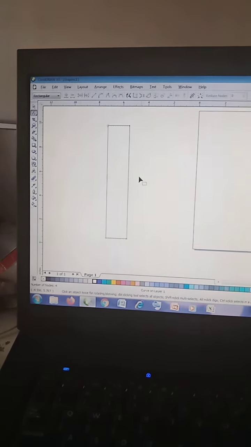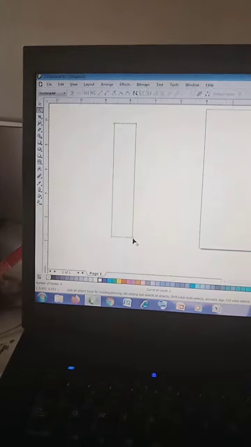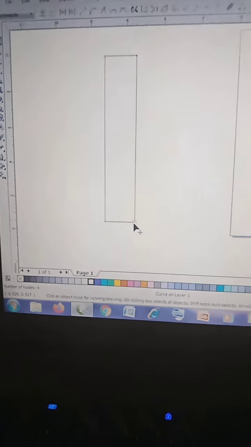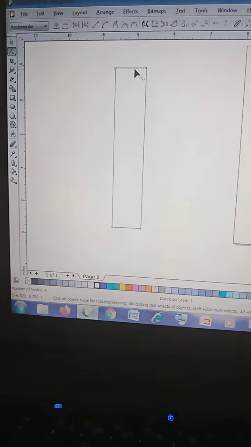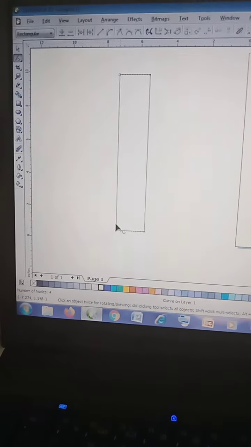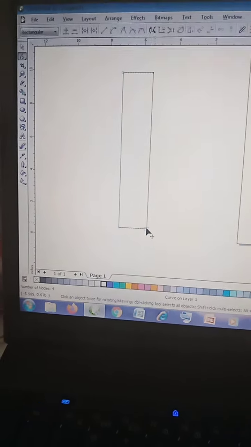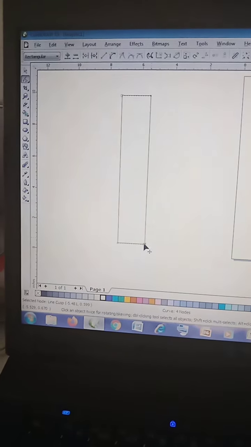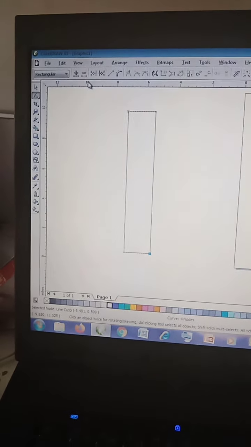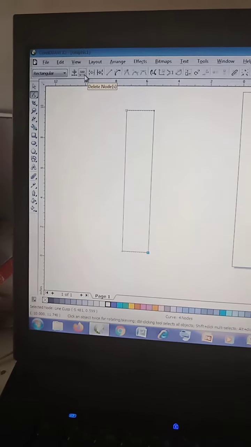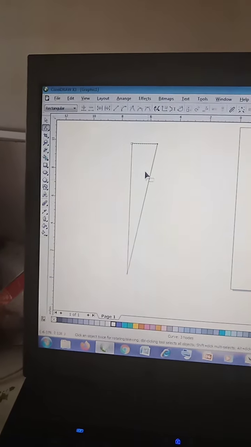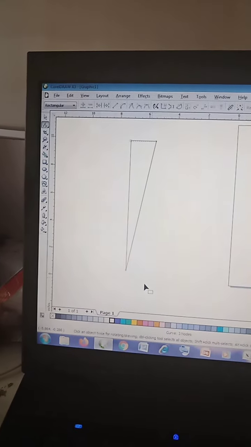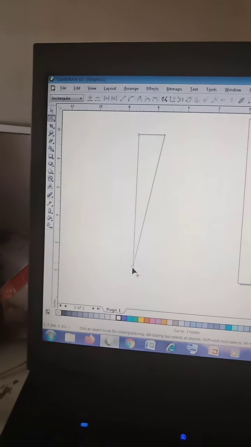Now the next thing you have to do is to remove a node. We have four nodes: 1, 2, 3 and 4. For the fourth one, click inside the node and click on delete node. Once you get something like this, the line is not straight. Now you have to make sure it is straight. How? Click on the node. You can use the directional keys on the keyboard